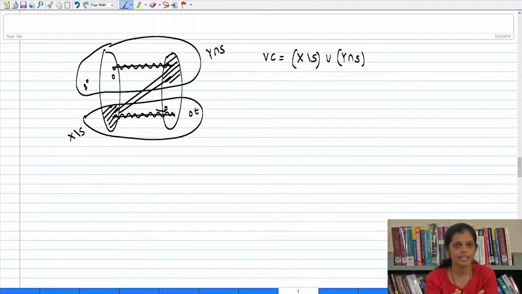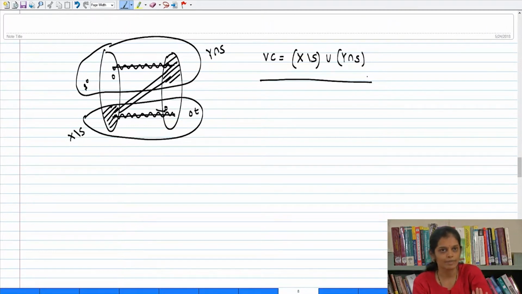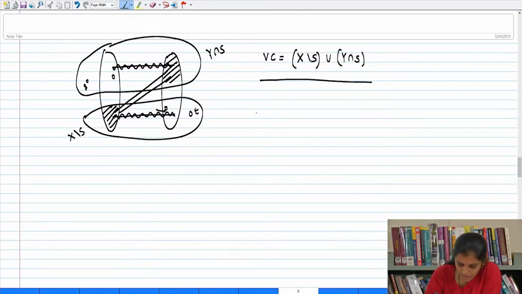But the presence of such edges doesn't hurt us, because already we have chosen x minus S and y intersection S to be our vertex cover, and both the endpoints are present in the vertex cover. Therefore we are safe. We have argued that all the edges present in the graph have the property that either one or both of its endpoints get covered by this set. So to recap, what we have shown is that we have selected a set VC of size